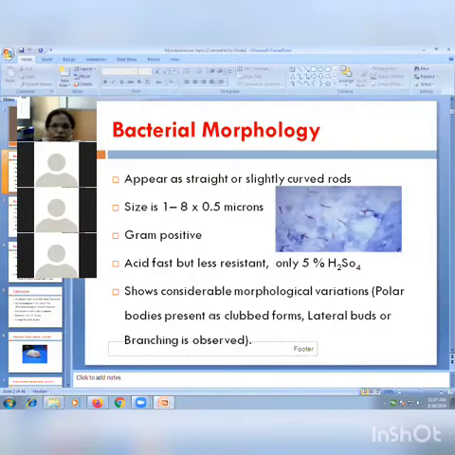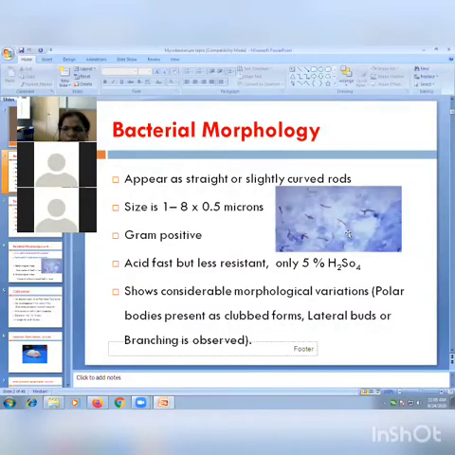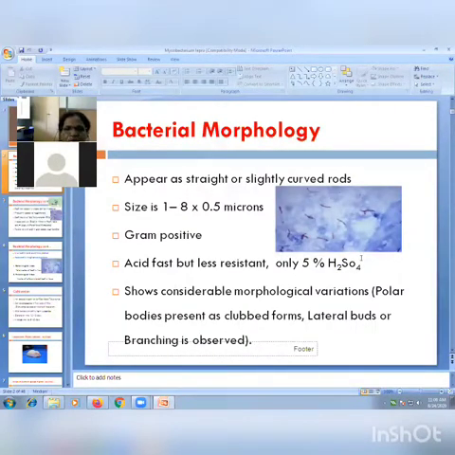First we will see about the morphology of this bacteria. These organisms are acid-fast bacilli, appearing as straight rods like this. They are usually present in clubs due to the presence of the lipid-like structure. They bind to each other and form what is typically called a cigar-shaped bundle. So they are present as cigar-shaped bundles due to the presence of lipid. Their size is about 1 to 8 micrometer in length and 0.5 micron in breadth.